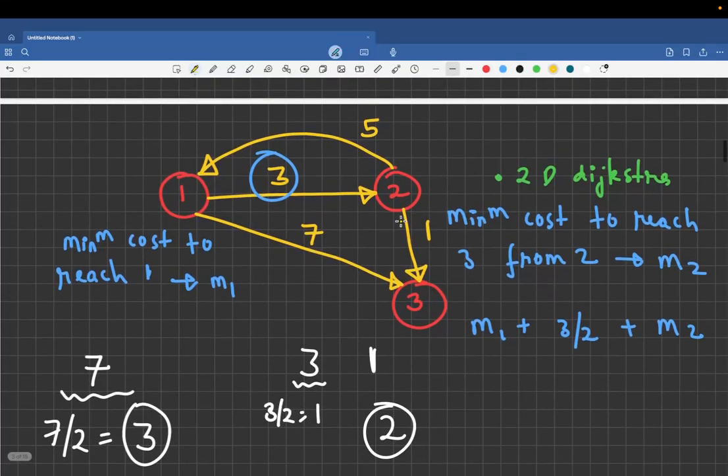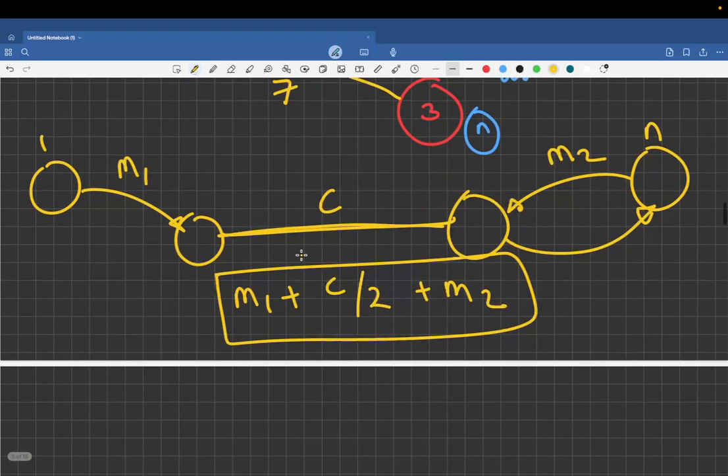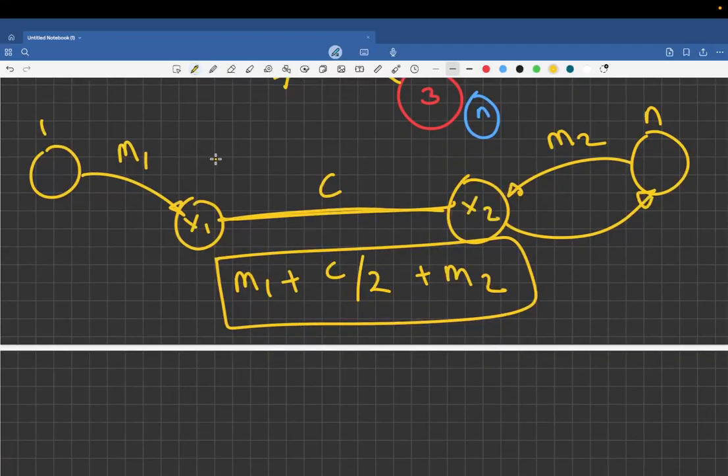What I am doing is, I had the confusion about which edge to choose to apply the discount coupon. So I decided that, okay, I will go to each and every edge and apply the discount coupon and check which one gives me the minimum answer. So for that, I only required that if the edge is between city X1 to city X2, then I want the minimum cost to reach city X1 from 1 and the minimum cost to reach city N from X2. So this one was a direct Dijkstra from node 1 and this one was a direct Dijkstra by reversing the edges of the graph from node N. So this is how actually you can solve this problem.